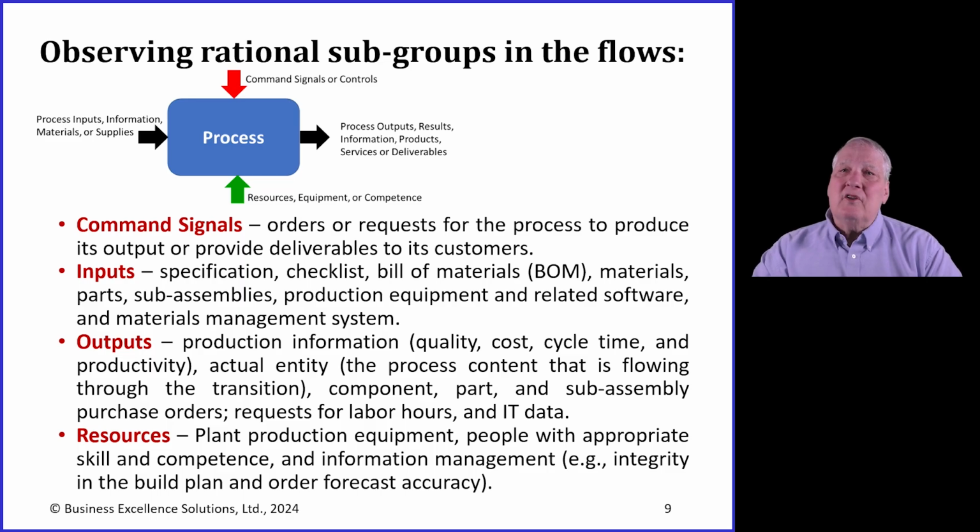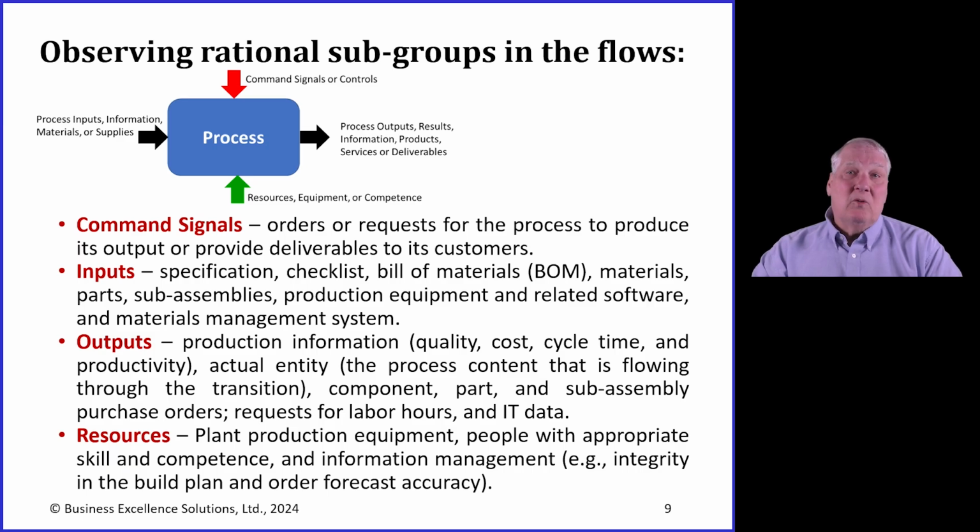So when we observe this, we see these differences in what we call rational subgroups. So rational subgroups are the logical way we can decompose these different types of flows into the process. So we might have different rational subgroups around orders coming in. So maybe they're customer orders, or maybe they are coming from another factory in our own business. Maybe it's a service order for parts that are necessary. So we have these command signals, we have the inputs,